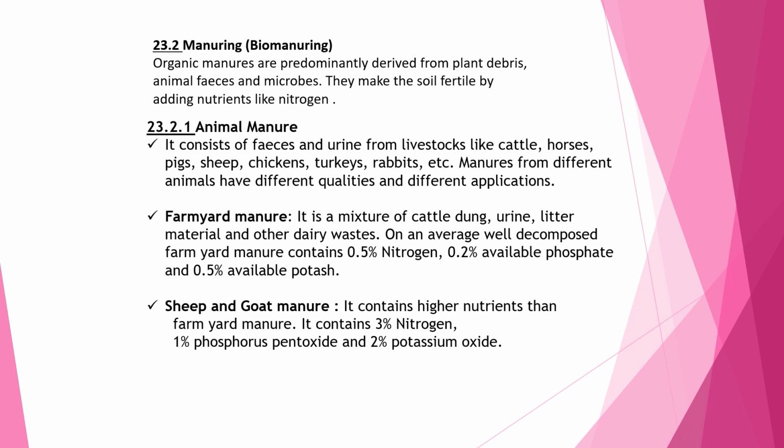Whereas farmyard manure, it is a mixture of cattle dung, urine, litter material and other dairy waste. Litter material is the waste. And dairy waste, all that milk product, and those from the poultry farm and nearby dairy farm. On an average, well decomposed farmyard manure, see the content,